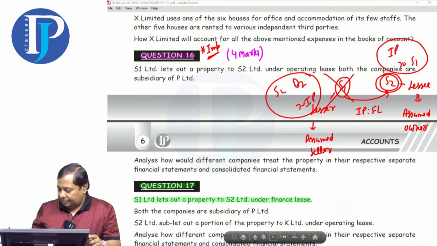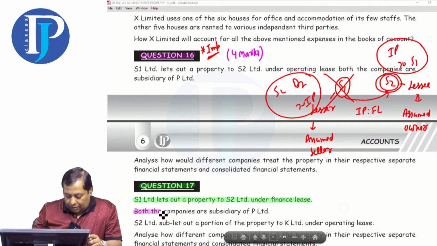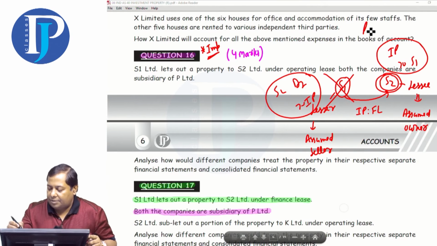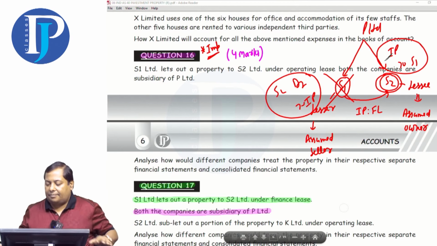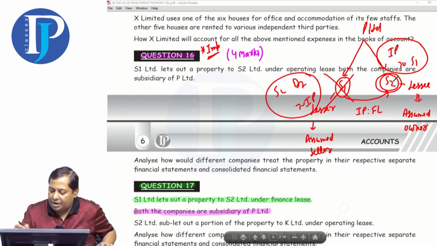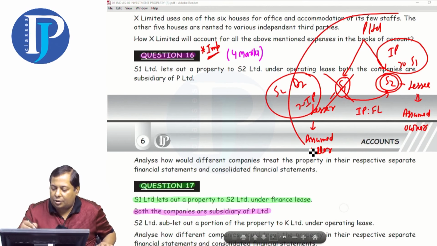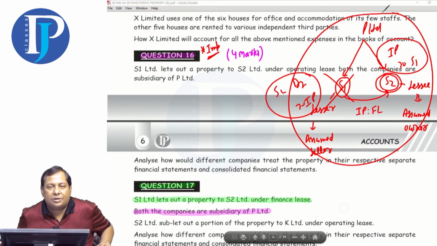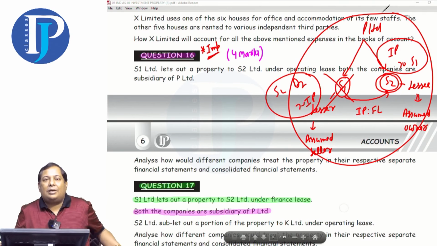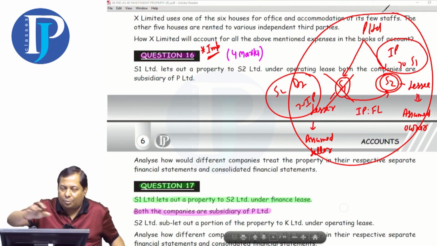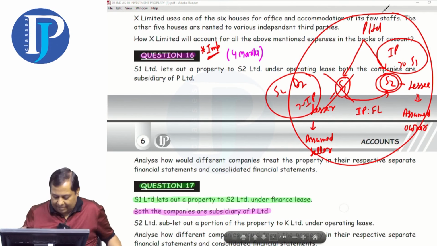Let's move on. What's in the question ahead? Both the companies S1 and S2 are subsidiaries of P Limited. Both have the same father, P Limited, the holding company, also called the parent company. As soon as P became the holding company, these became a group. Holding and subsidiaries together form a group. Subsidiary can be one or multiple. The transaction is happening within the group. Fine, then